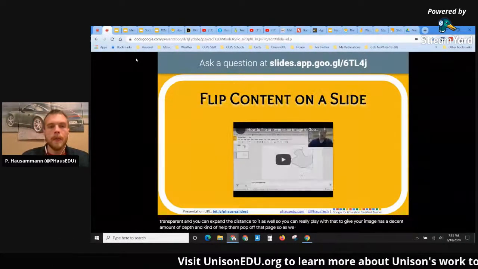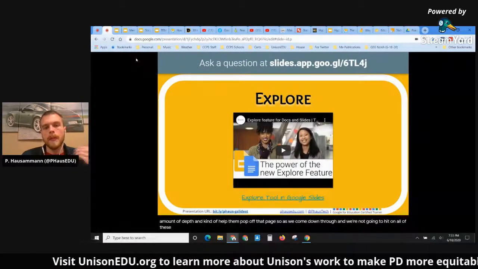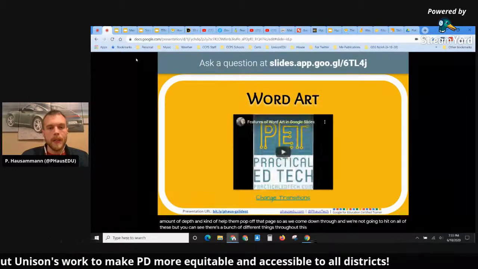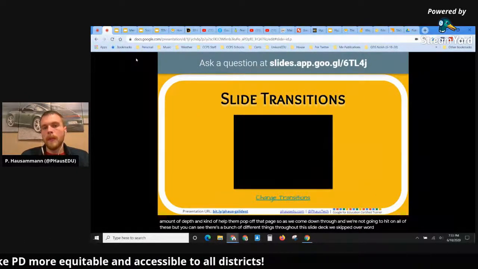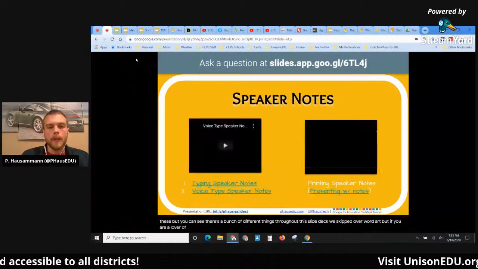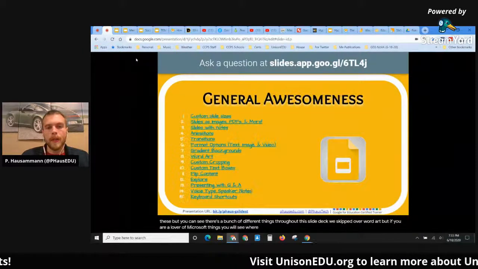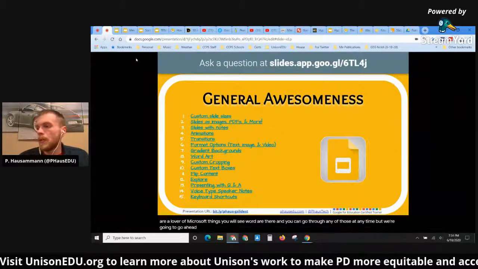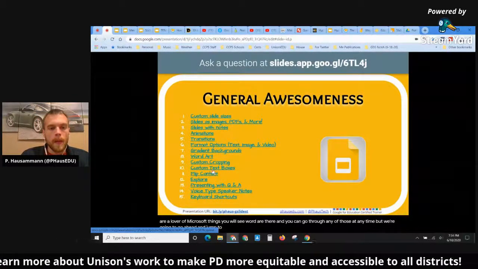So as we come down through, and we're not going to hit on all of these, but you can see there's a bunch of different things throughout this slide deck. We skipped over word art, but if you are a lover of Microsoft things, you will see word art there, and you can go through any of those at any time. But we're going to go ahead and jump to custom backgrounds,